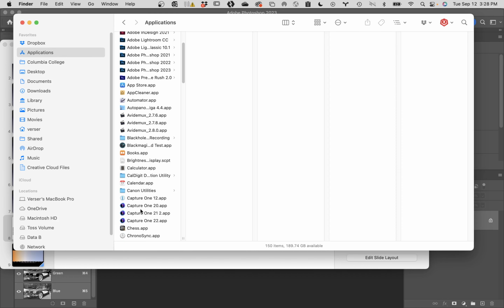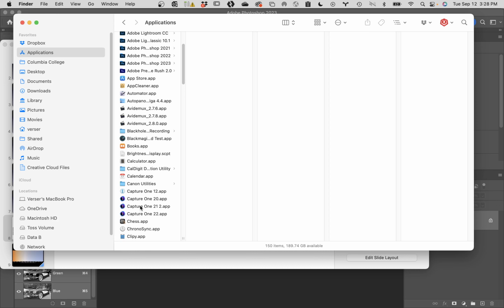So I'm going to go ahead and start up my Macintosh one. You do not need a puck to do this. All you really need is a color card to do this. But before I do that with the color card,